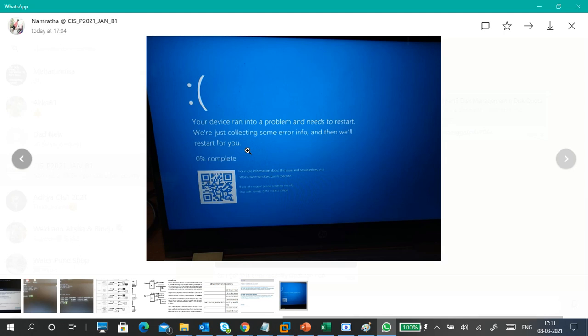Sometimes we don't have any idea what you have done in your PC. Then what to do? Just wait, let it complete 100%. Wait another 5-10 minutes, let it restart itself. If it restarts itself, it may solve the problem automatically, that's a blue screen error. So it will try to solve the problem automatically.